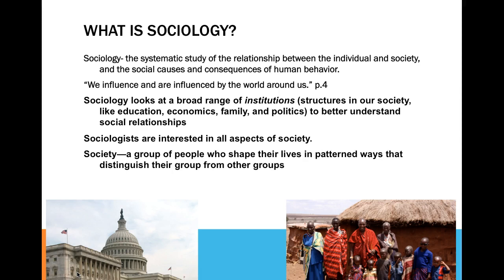Now, in sociology, we have 5 traditional social institutions, and the reason those are called 5 traditional social institutions is because those are the ones that can be found in virtually every society, from the most basic society, like a tribal society, all the way up to a very complex society like the United States. So those 5 traditional social institutions are education, the economy, religion, family, and politics.